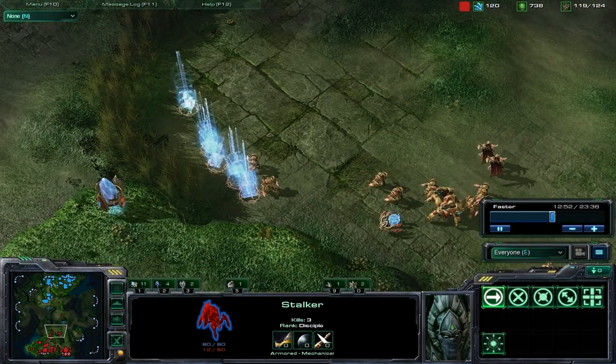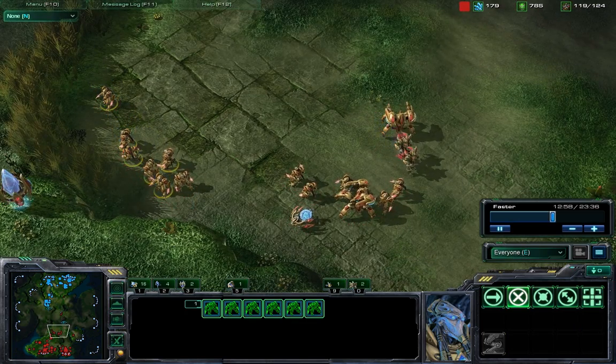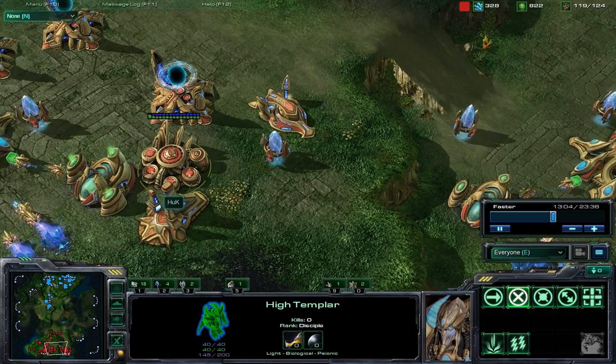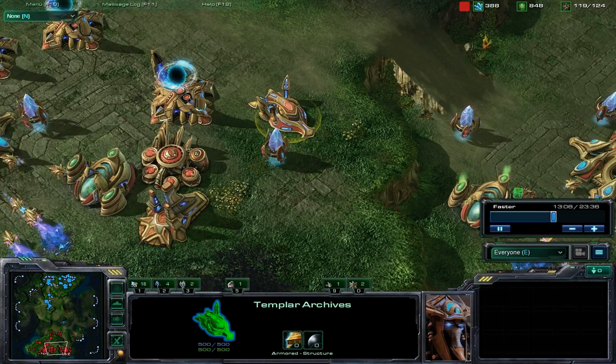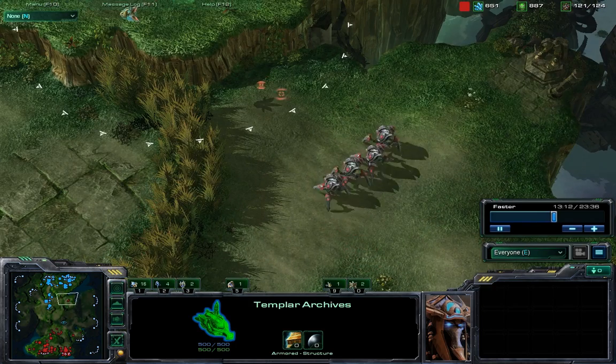What has Huck built up here? He is getting lots of zealots coming in, immortals and sentries with high Templars. Do they have Psionic Storm? Yes, they do. Did they research the Khaydarian Amulet? Yes, they did. So Huck probably will start pushing forward as he seems to have